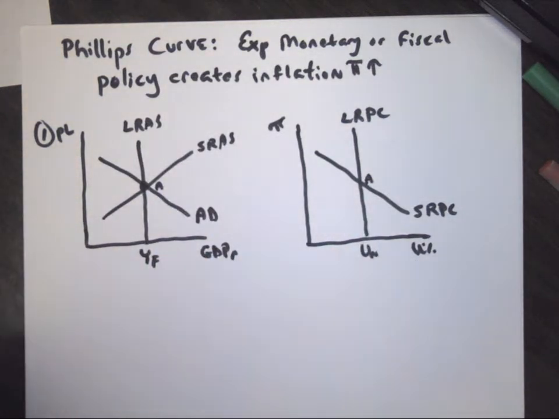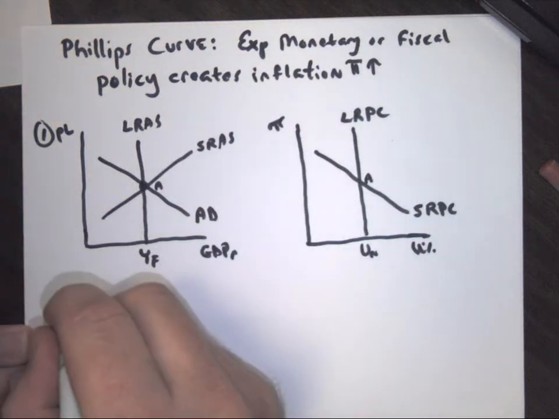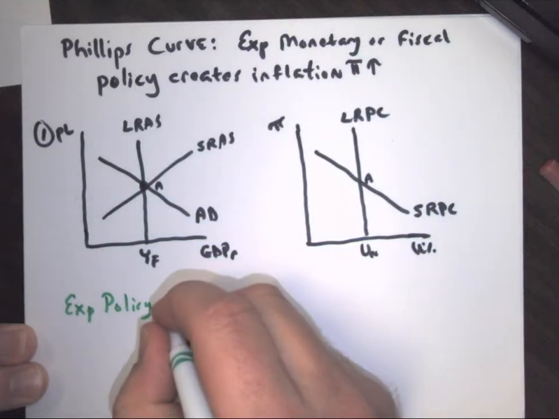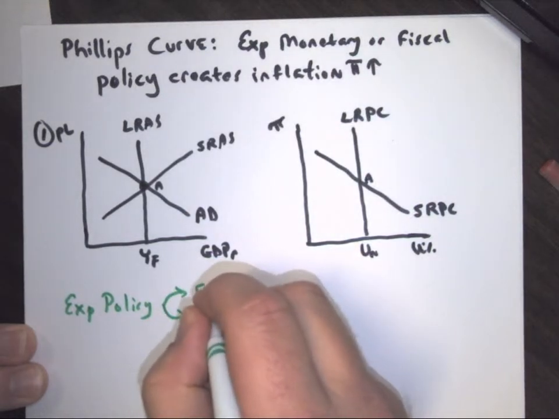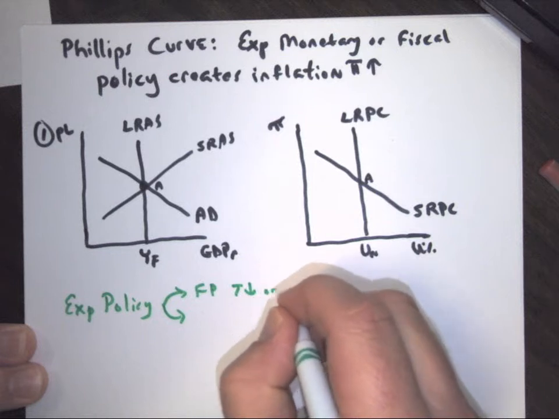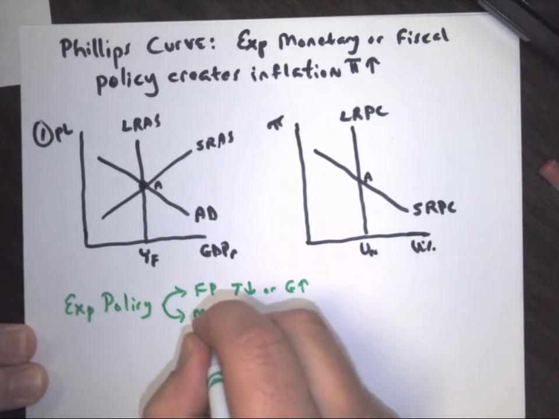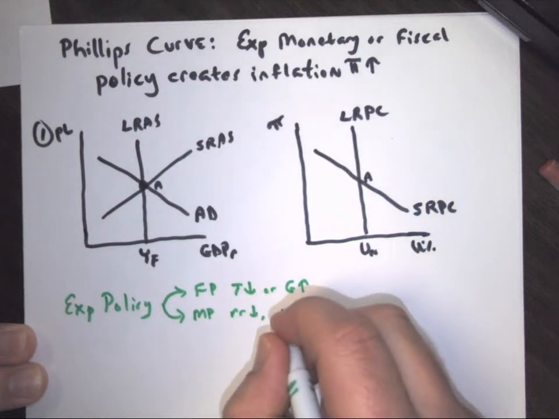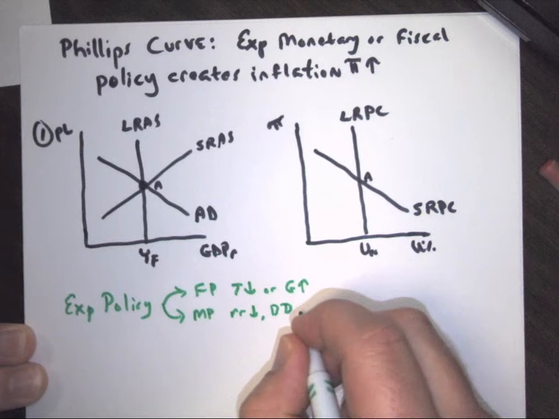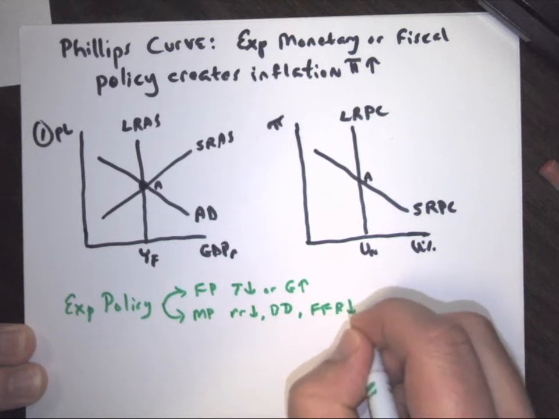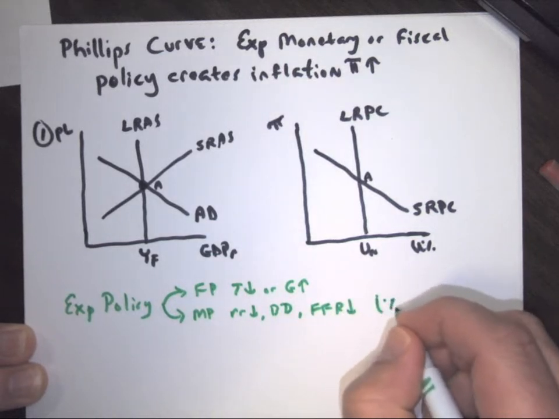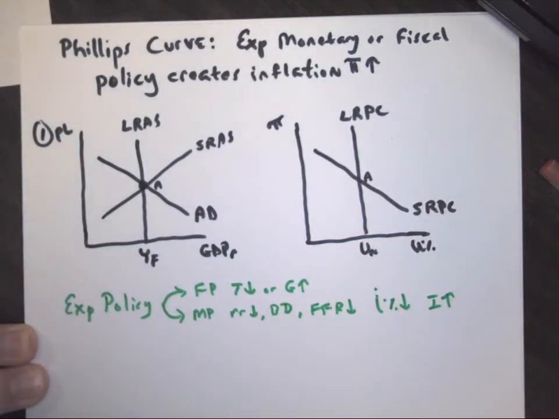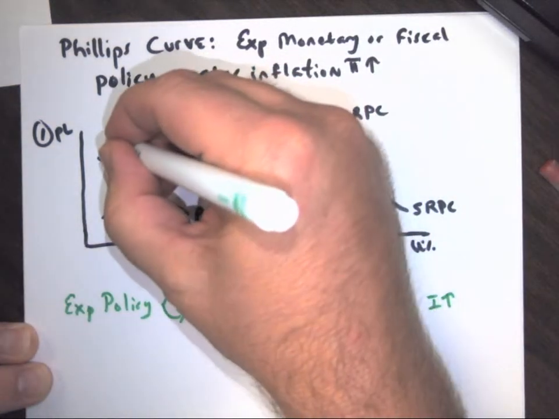Now, imagine we have some kind of expansionary policy. And that expansionary policy can be fiscal policy, which is lowering taxes or government spending, or it can be monetary policy. And that's with reserve ratio being lowered, buying bonds, or lowering the Fed's funds rate. Okay, anything that's going to lead to lower interest and higher investment. Okay, so if those things are to make aggregate demand increase,